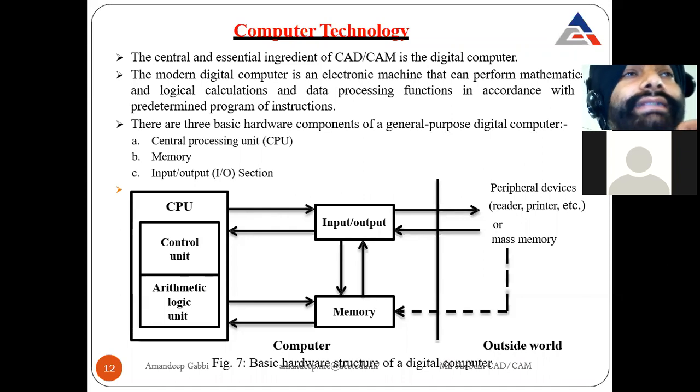So आगे there are three basic hardware component of general purpose digital computer. तो कंप्यूटर के तीन पार्ट्स होंगे. One is CPU, another one is memory, and the third one is input and output device. सेंट्रल प्रोसेसिंग यूनिट है जहाँ पे सारा डाटा प्रोसेस होता है, उसको सेंट्रल प्रोसेसिंग यूनिट बोलते हैं, सीपीयू. देन मेमोरी, जहाँ पे हम अगर ए भी लिख रहे हैं जहाँ पे सेव हो रहा है, दैट इज मेमोरी